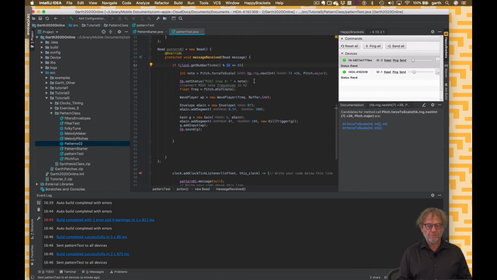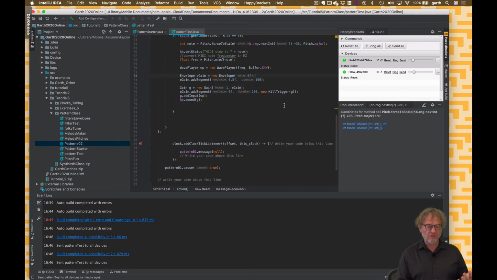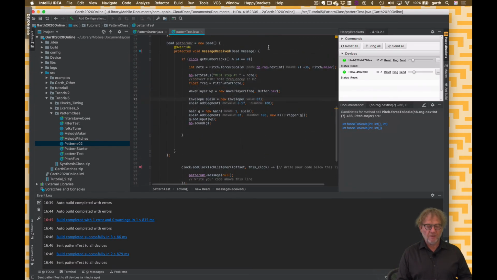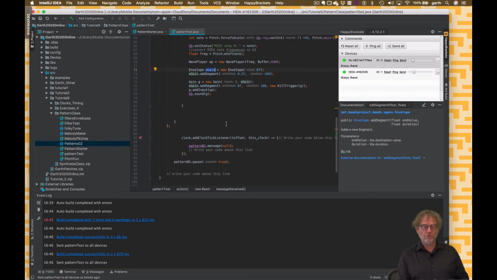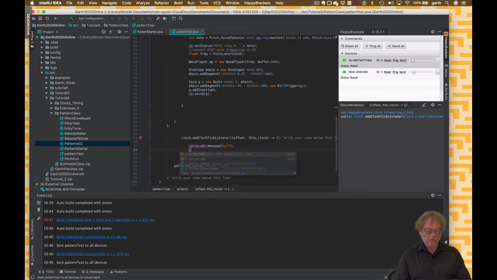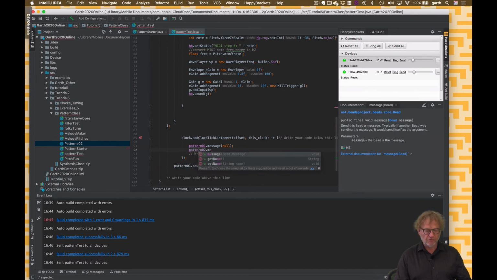And rather than having that play every division of 16, I'm going to ask it to play every division of 24. So we're going to get a slightly different timing pattern going on here. Okay, we'll leave it basically the same length. Everything else will work here. Now, because these are inside different functions, we can use the same names, wave player, e-gain, etc. without problem. Now, of course, we need to add a clock listener to pattern 2. And so we'll send the message there